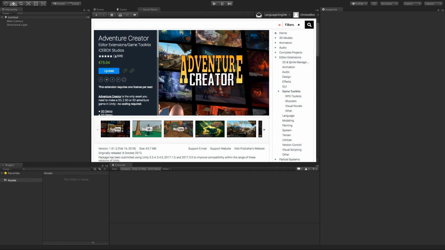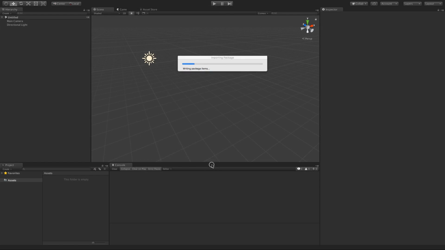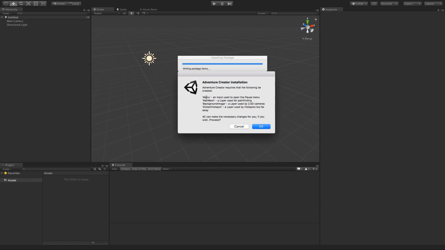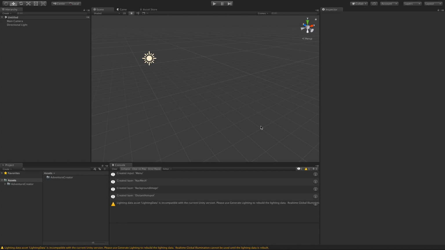But with that said, I'm going to import this package here, and when it's finished getting the assets, it's going to give us this installation box telling us that it wants to automatically add this menu input and these 3 layers. It can do all this automatically, which we can allow just by pressing OK. And once it's finished, it's then shown these up in the console. It's shown that it's created the inputs and the layers,